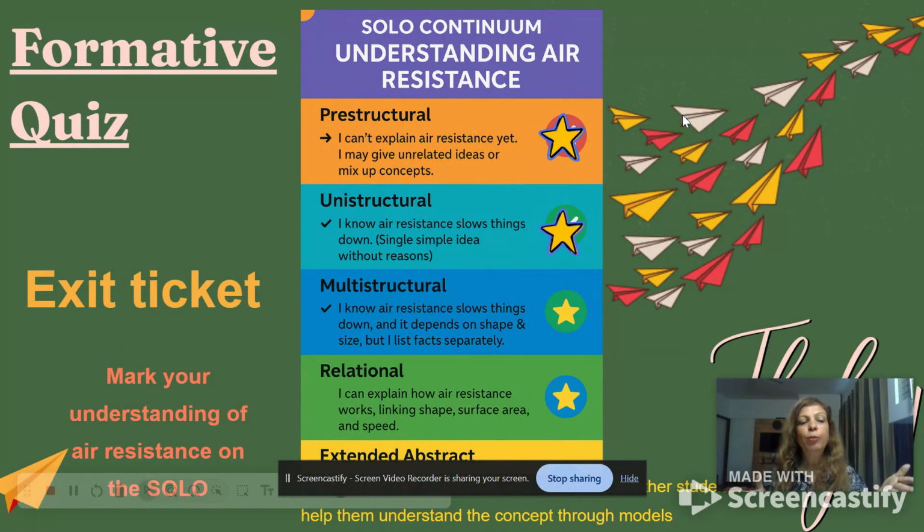Once they complete the formative assessment, they will check their own understanding using the SOLO continuum, where pre-structural says I do not know anything, unistructural says I can define, multi-structural says I know vocabulary and connect with shape and size. In relational, it says that I can understand the speed, and in extended abstract, the learners actually make a model and explain to others. When they know their strength and where they stand, they get the feedback, they give feedback to